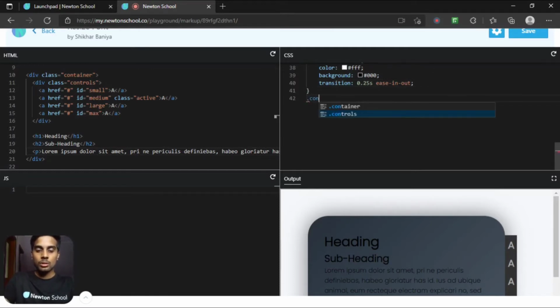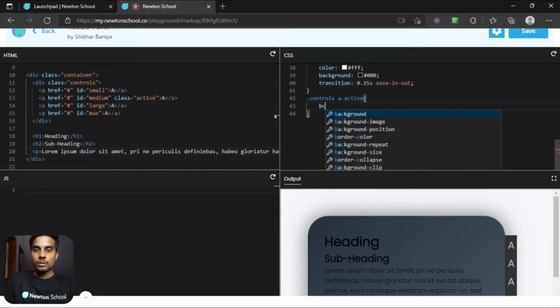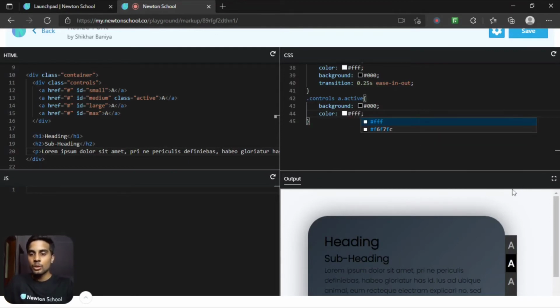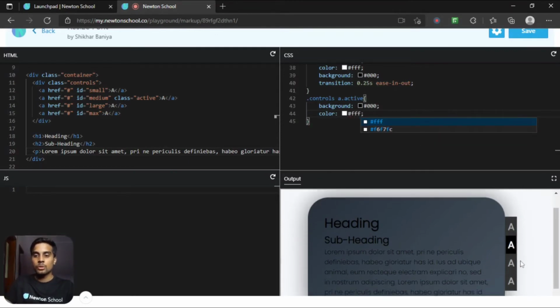So .controls a.active. Inside this, let's change the background to #000 and the color to #FFF. Initially, the user will know that this medium font size is active.